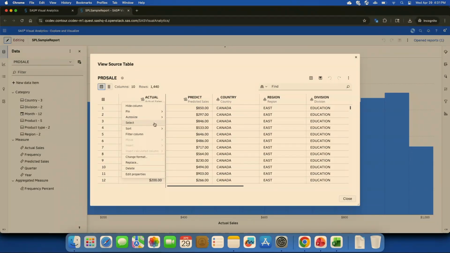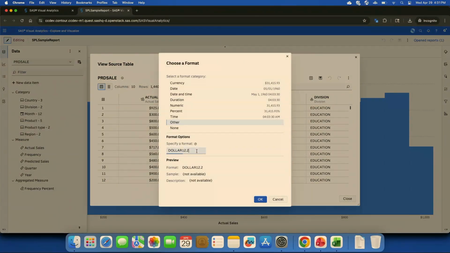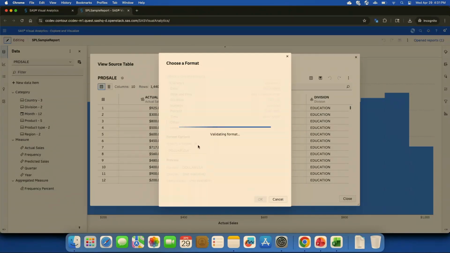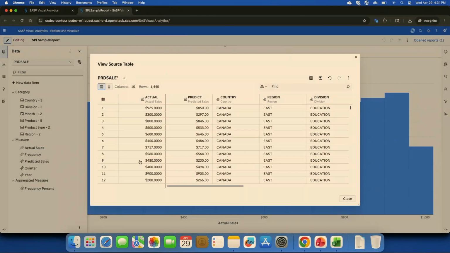We can select it to do things like copy and paste. We can also sort ascending or descending, or remove sorting if we've already done sorting. So do that. Remove sorting. Since this is pinned, we don't have move, insert, and those operations right now, but you can also change the format if you want to. Say I wanted it to be $12.4. Hit OK. It's going to go off to the server and calculate that and pull that data back.